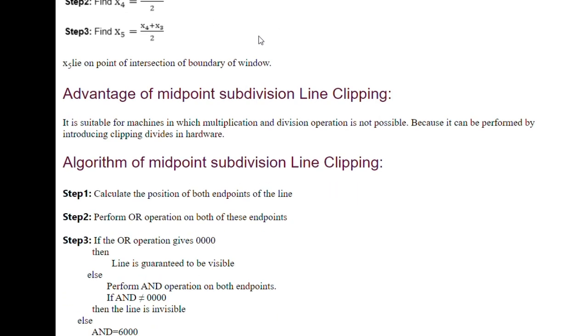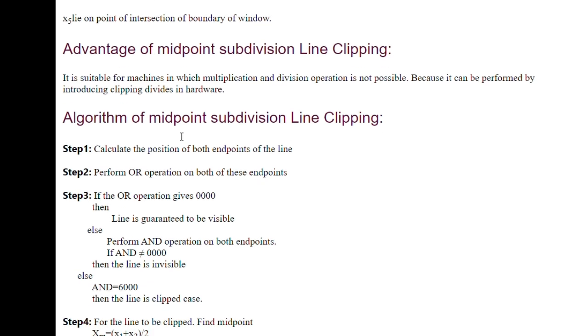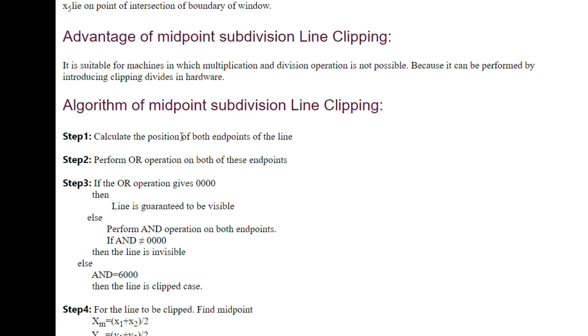So as you can see here, x5 lies on the intersection of boundary of window, hence we stopped our process. So advantage of midpoint subdivision line clipping algorithm is that it is suitable for machines in which the multiplication and division operator is not possible, because it can be performed by introducing clipping dividers